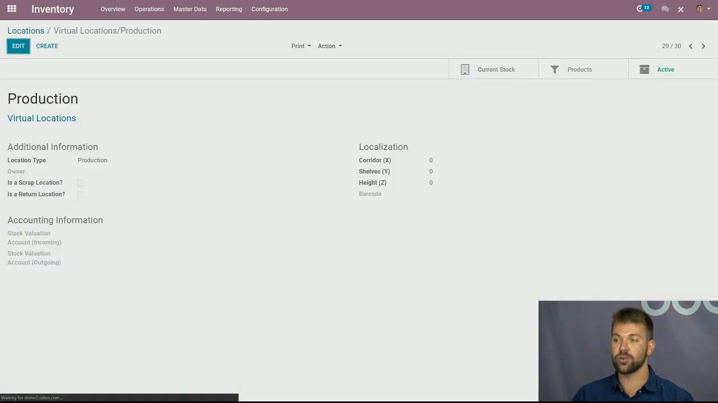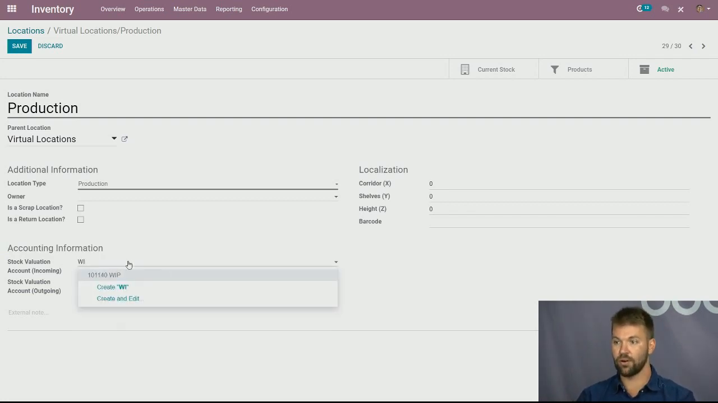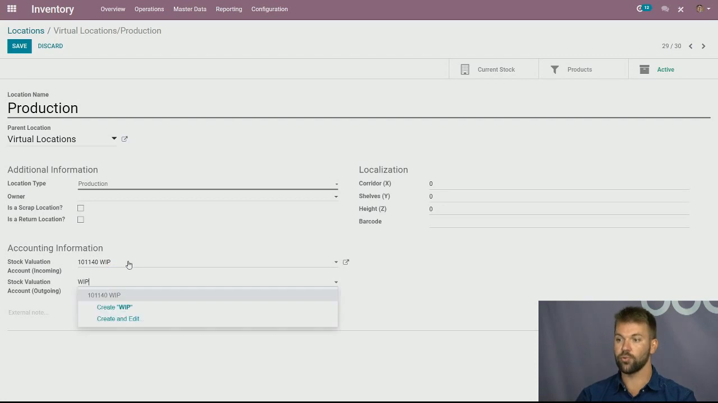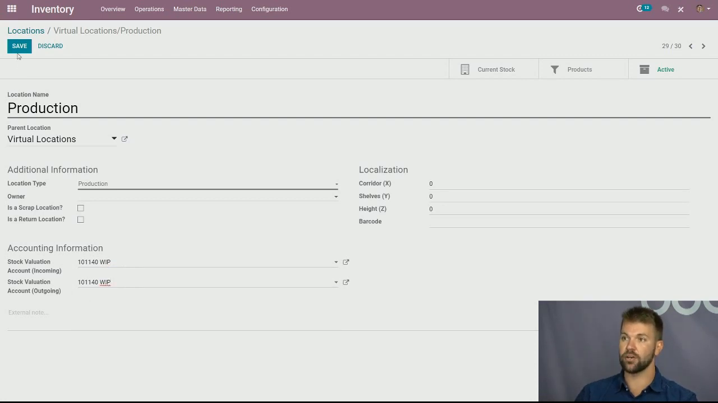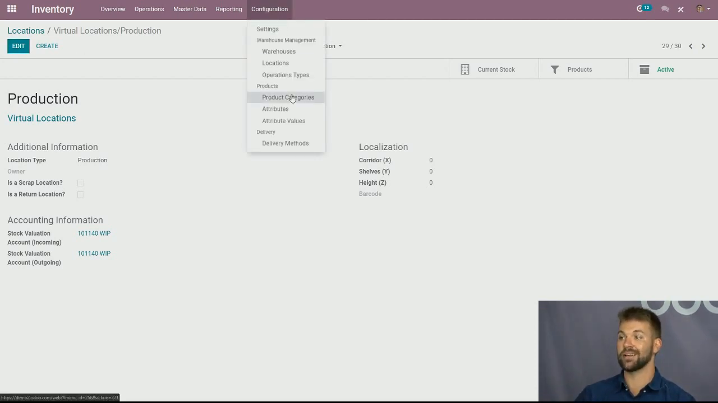Now, the production location will have some accounting information here. So essentially what you're going to want to do is put the WIP account here. The reason for this is you're telling Odoo when an inventory move happens, which is going to be a balance sheet account impact, what account to hit. If you don't specify WIP in this situation, what's going to happen, and it's not going to be ideal,